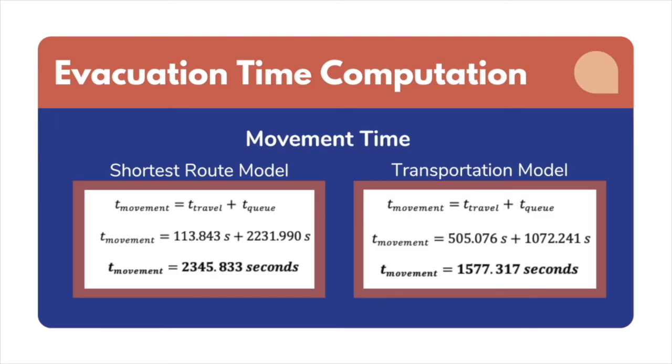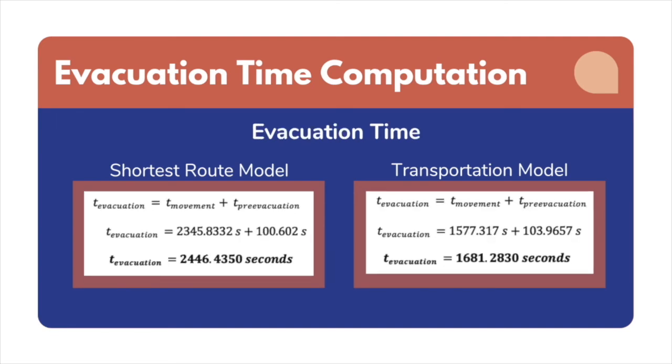So the movement time for both models were calculated, and the value obtained from the shortest route is 2,345.833 seconds, whereas for the transportation it is 1,577.317 seconds. So to get the total evacuation time, the pre-evacuation time calculated previously was added to the movement time of each exit door. So the evacuation time obtained from the shortest route is 2,446.4350 seconds, while for the transportation, it is